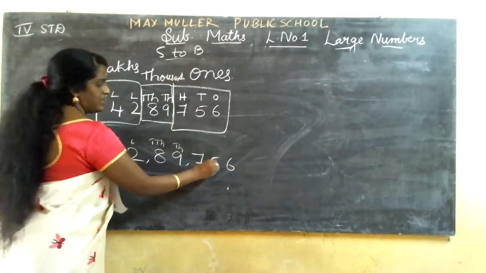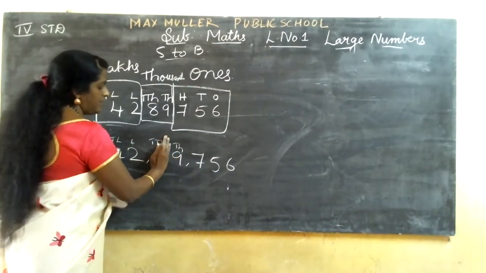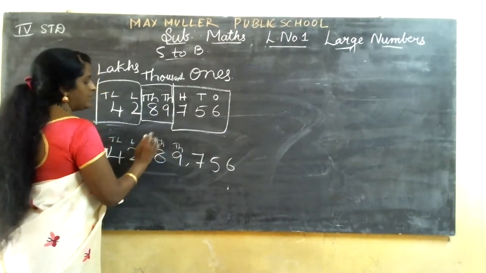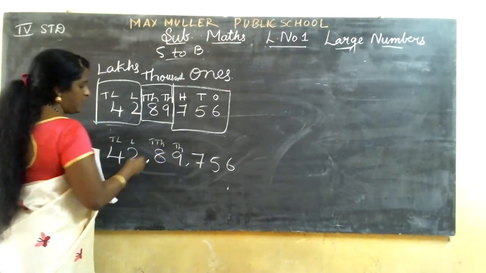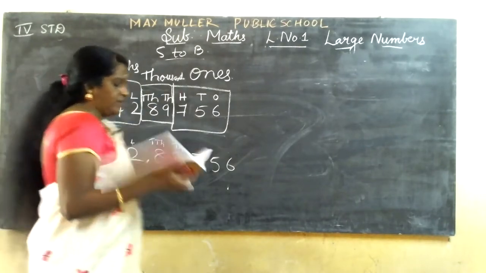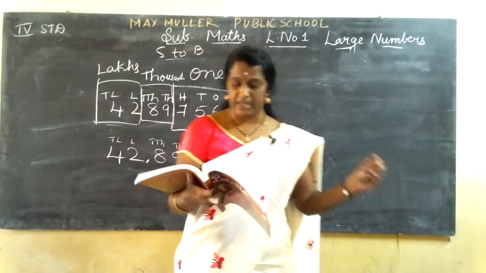Ones, tens, hundreds, after hundreds a comma. 1,000: if only one digit is on this side, it means 1,000. So 9,000. If two digits are there, 1,000, 10,000, so after these two a comma. Lakh, 10 lakh. So you understood the chart, no? After the thousands period, the 2 digits form the lakhs period.